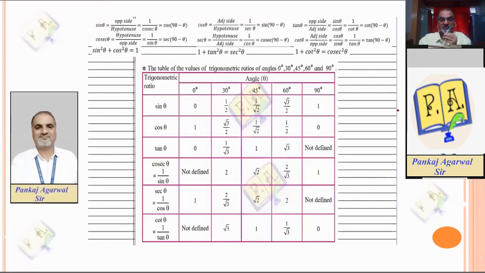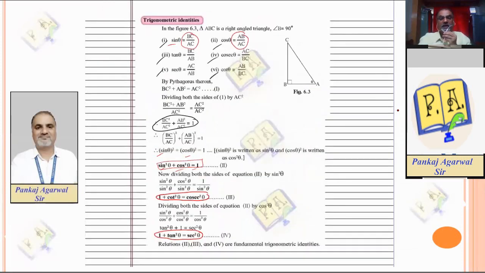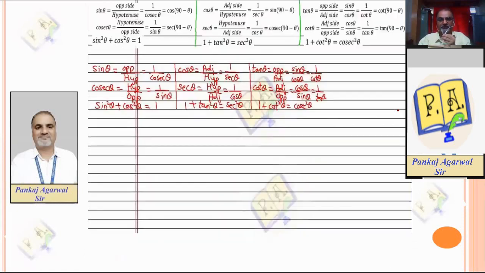I have talked about this table already. I have already derived these trigonometrical identities. You should only know them. You need not prove them. Now, when you are writing this chapter, a kind request about the formulas. It is very difficult to remember the formulas. So you can see that I have written the formulas in two methods. Either write in the full form over here as you can see, or in short over here.